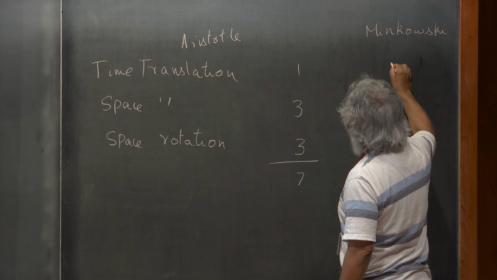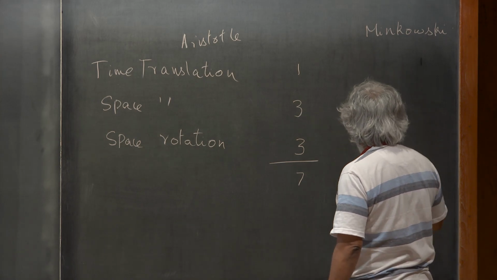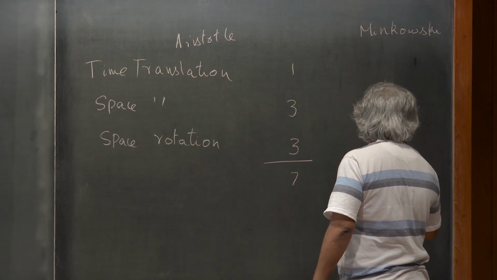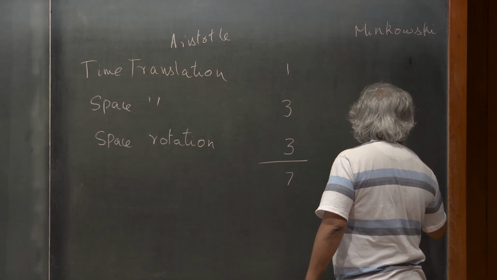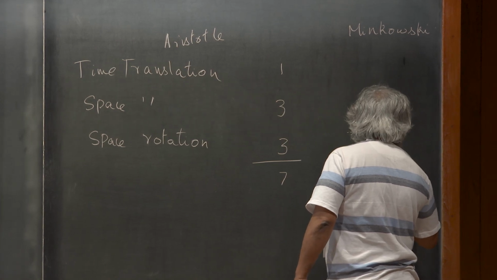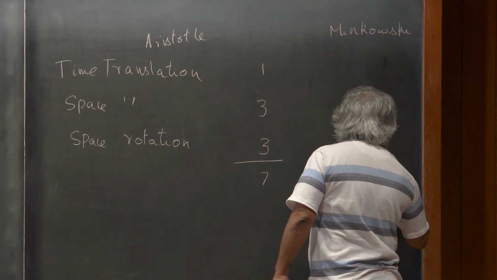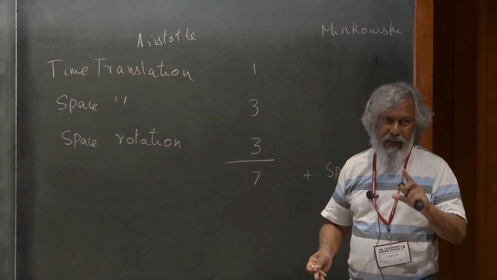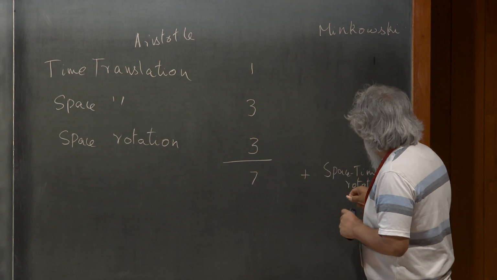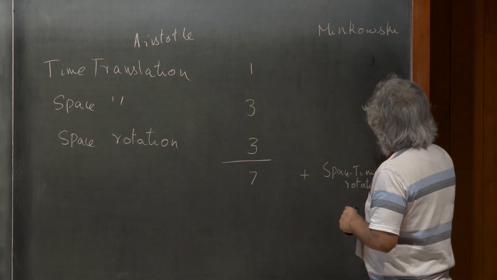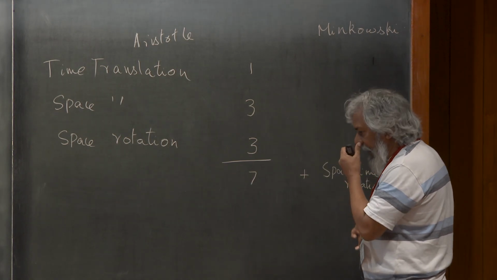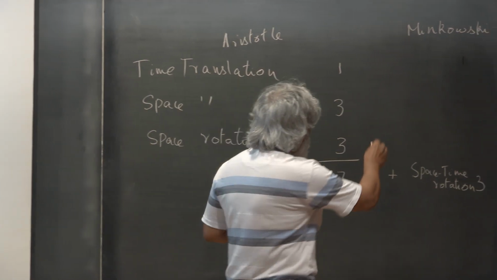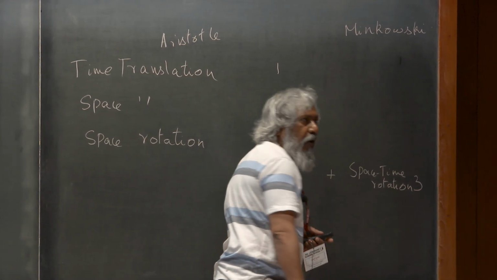So for Minkowski, you have time translation, space rotation, and in addition, you have space-time rotation, which is what a Lorentz transformation is. And what I mean by this is not with cosine and sine, but the hyperbolic cosine and sine, the hyperbolic rotation. So that's the extra 3 boosts that you get from Minkowski. And if you take the non-relativistic limit, you get the boosts of Galileo. So those are the 10. This is 7 plus 3, 10. I hope that's clear.